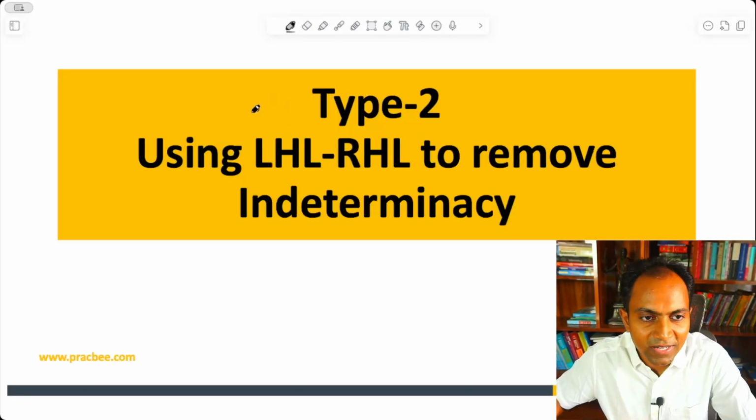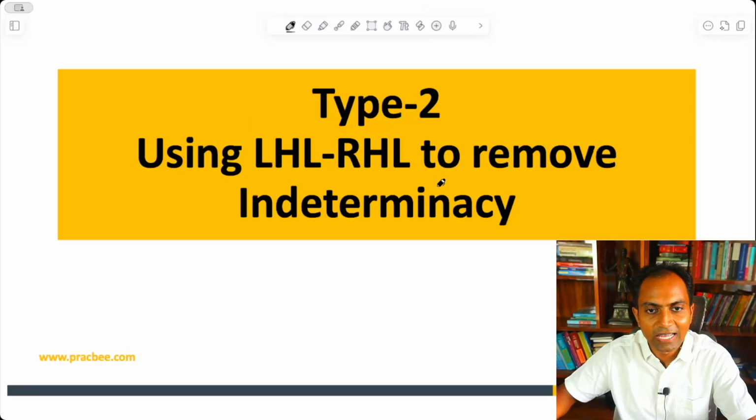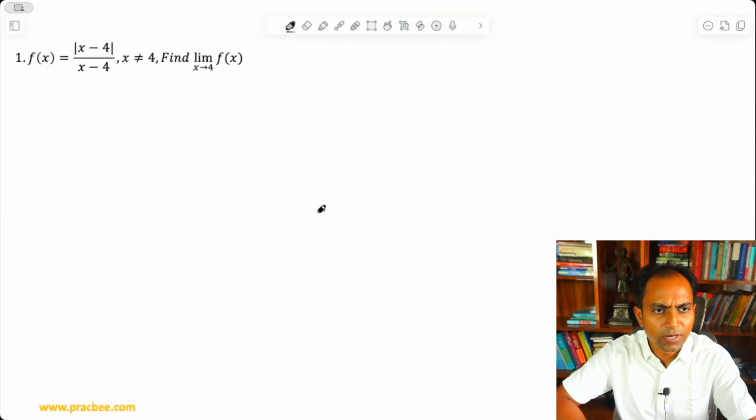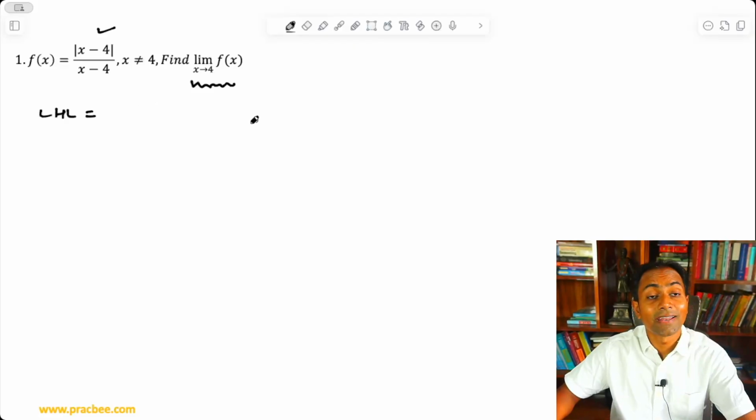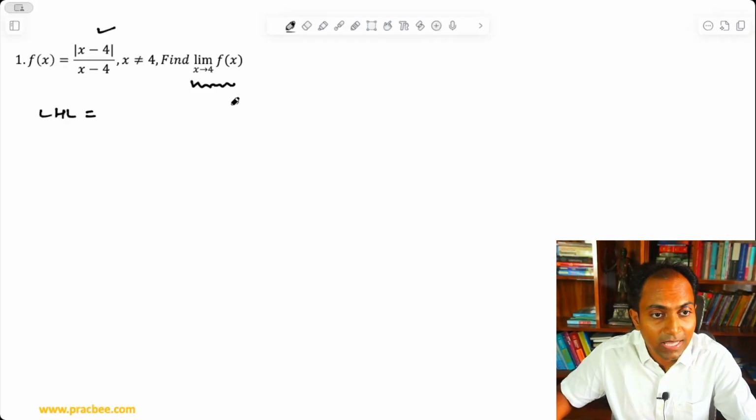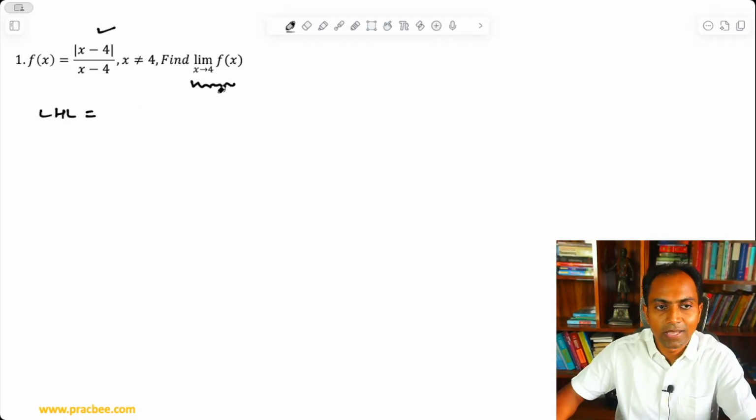So let us start with type 2 questions using LHL RHL to remove indeterminacy. Let us take a very simple question based on modulus. In this question, we want to find the limiting value of the function when x tends to 4. So we'll have to find LHL. Whenever you see a piecewise defined function like modulus or GIF, don't directly start. Please have a look over it, and if required, apply LHL RHL. As a default step, we should apply LHL RHL. So once you have done this,